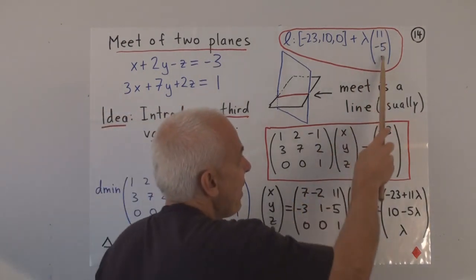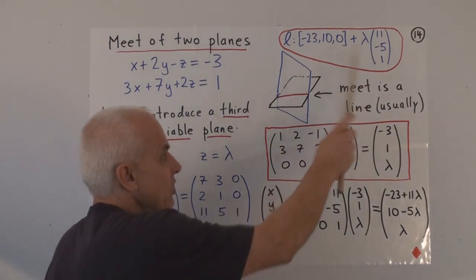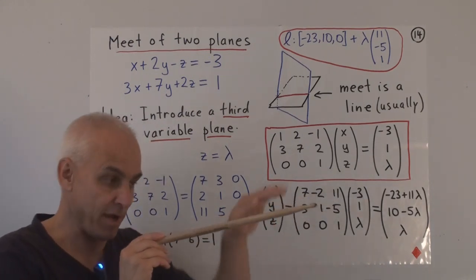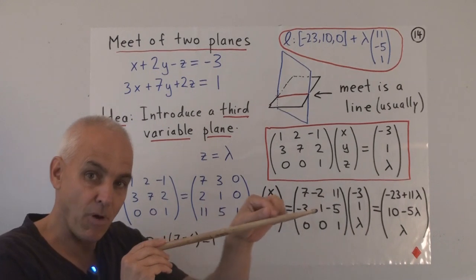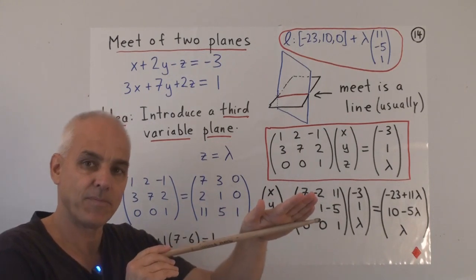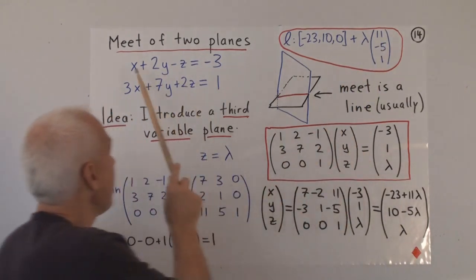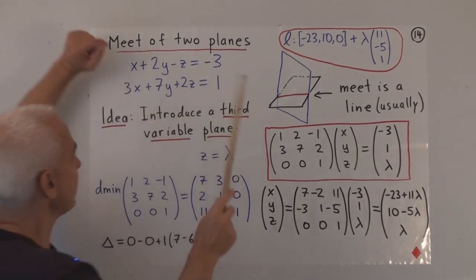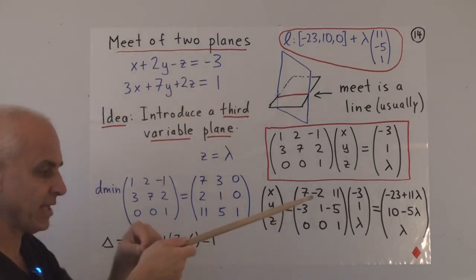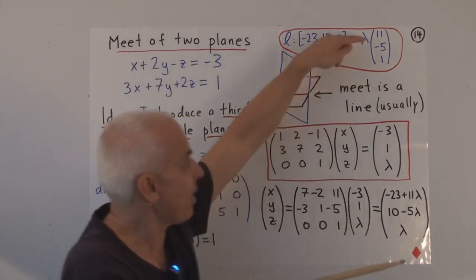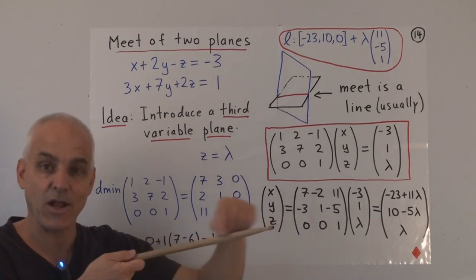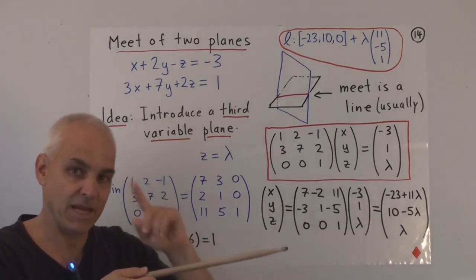How about this vector? What should its relationship be with these two planes? Well, this is the vector of the direction of the line. It's the common direction that both planes have. So this should be a direction vector which is in the direction of both planes. If we plug this into the left-hand side, we get 11 minus 10 minus 1, that's 0. That's telling us that if we add a multiple of this vector to a solution, the solution's not changing. In other words, we're still staying on the plane. That's the meaning of that.